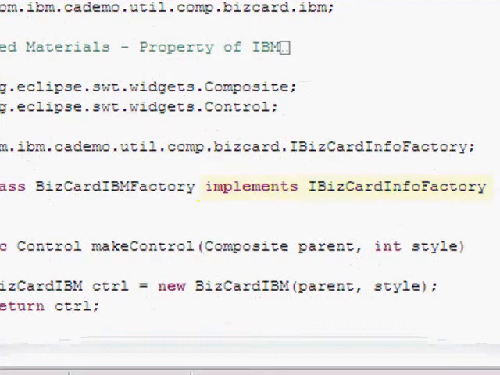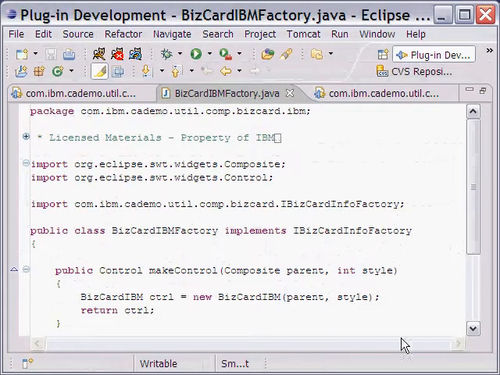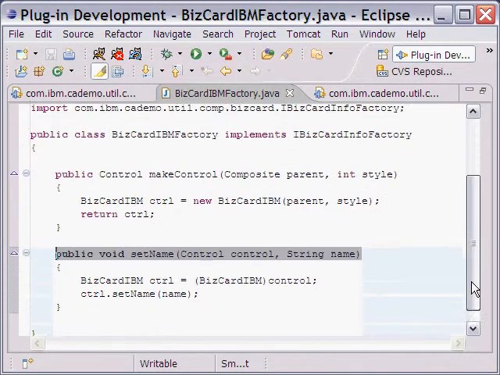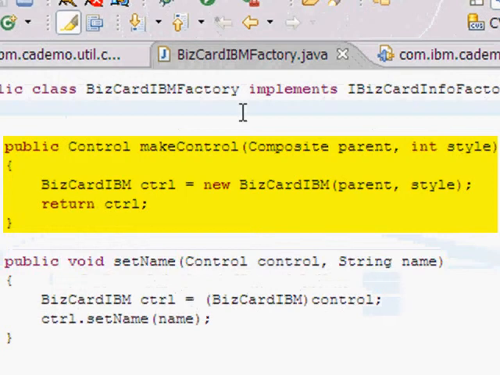We add our own contribution by creating a class that implements the BizCard Info factory interface. This interface consists of two APIs that you have to fill out. The first API is make control. This takes a parameter of a composite and a style. And what you need to do is to create your UI, usually as another control that's a child of the parent given with the style provided, and return that so that the higher levels know where to put that